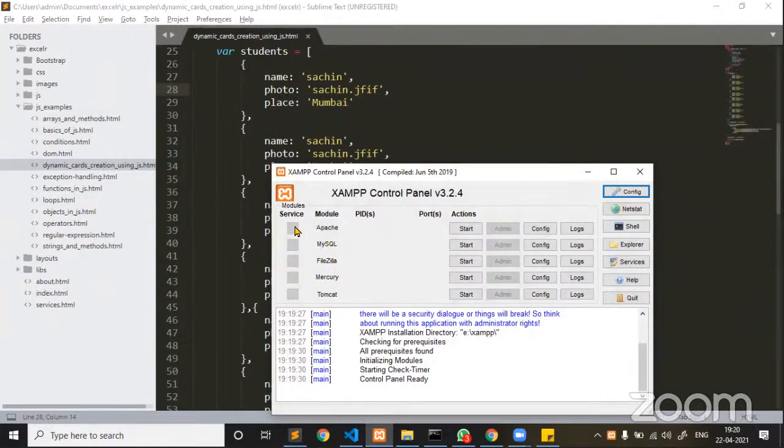I am executing the Apache server. I am going to start the Apache server. Why? Because as I already said, if you want to send a request from the client side to a server, make sure that your client machine is placed inside either a local server or an application server. Your middleware should also be there in the local server or application server. Your database should also be there in the local server or application server.